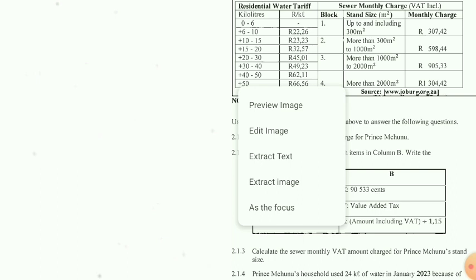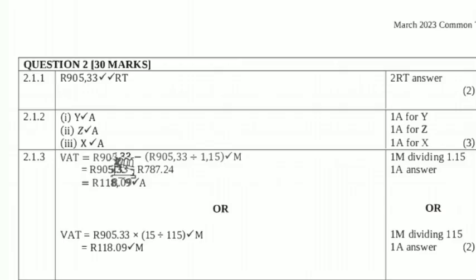We're gonna say 905.33, then we say minus, then we put on the brackets. Bracket 905.33 divide by 1,15. Why do we divide by 1,15? That's the 15%, guys. That's the 15% we have to actually divide in. Each and every time we try to find the VAT amount, we have to use 115. You simply just go to the calculator and type in 115, then 115%, then you press equals to,